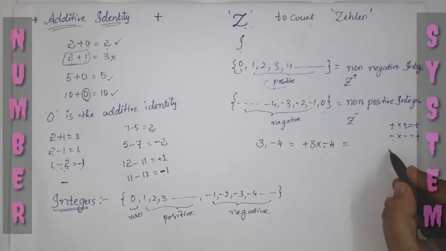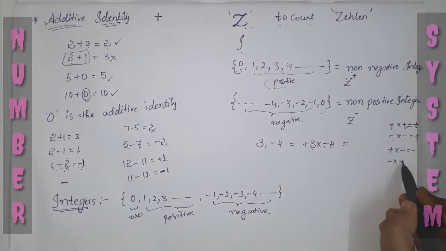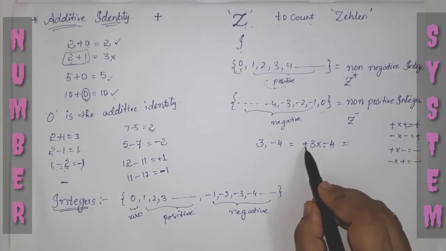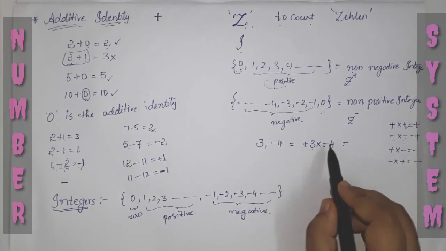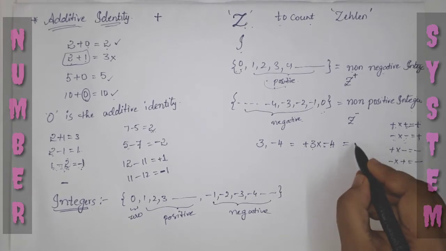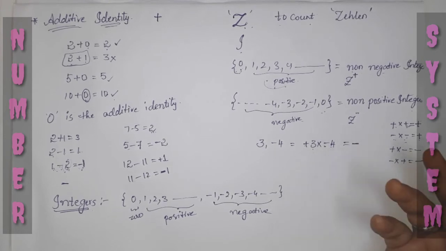If it is opposite, here plus and here minus, what do you take? Minus. Here minus and here plus, what do you take? Minus. Clear? Opposite means you take the negative sign. If both have the same sign, you take positive. So this is a plus, this is a minus: opposite or same? Opposite. So I take minus, and simply multiply the numbers.